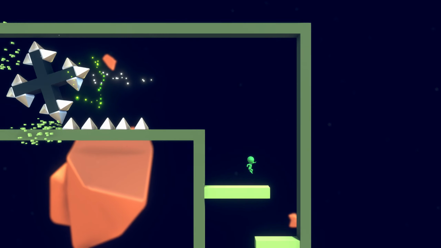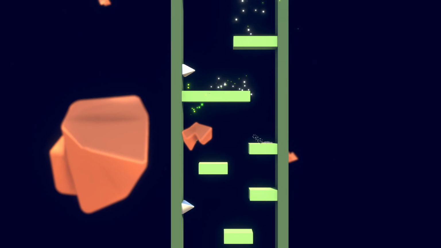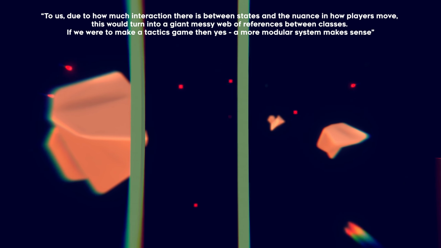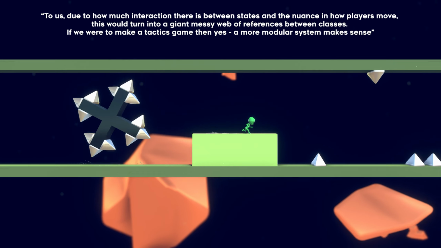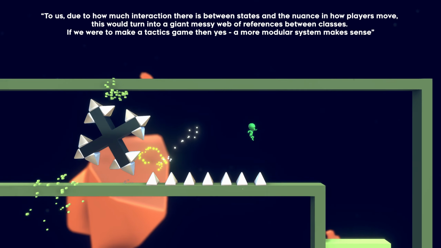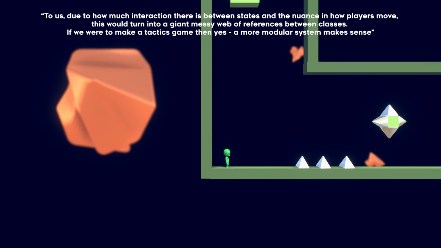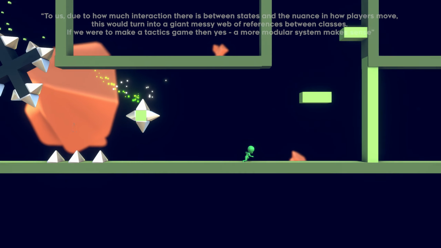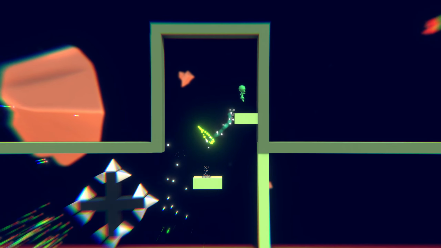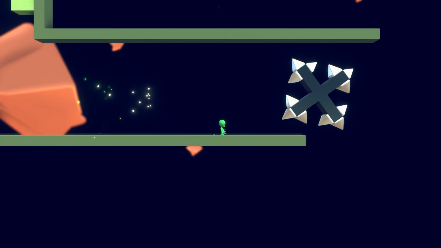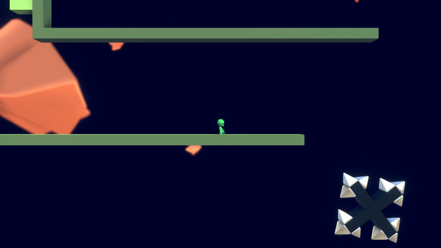The developer responded to the feedback defending their move. To us, due to how much interaction there is between states and the nuance in how players move, this would turn into a giant messy web of references between classes. If we were to make a tactics game, then yes, a more modular system makes sense. And although one large file is generally considered bad design, and the very definition of unmaintainable, the developer said,